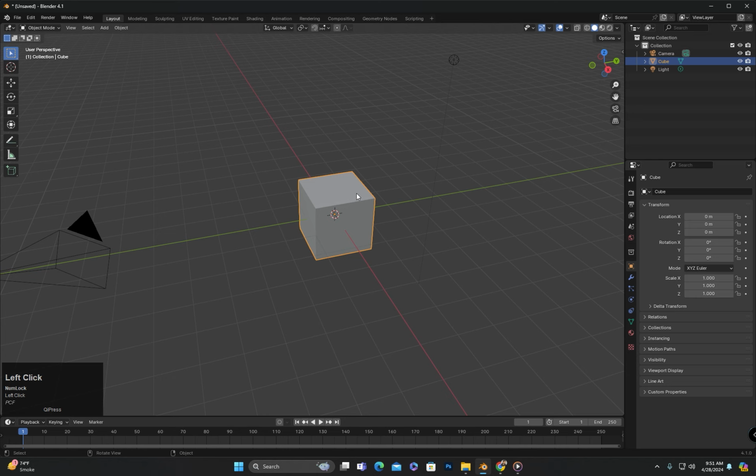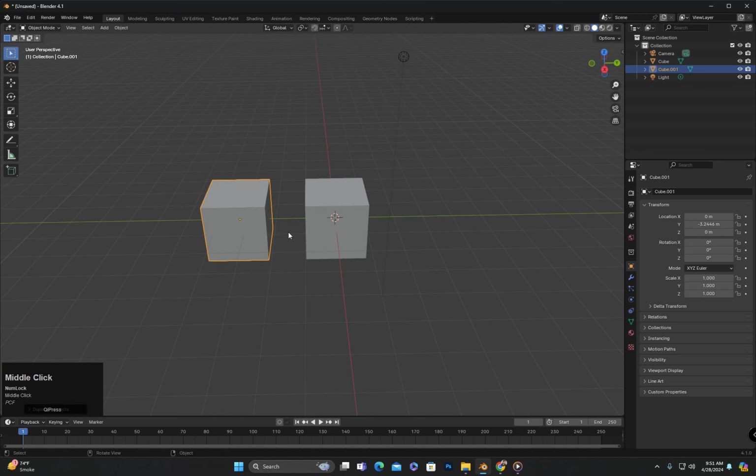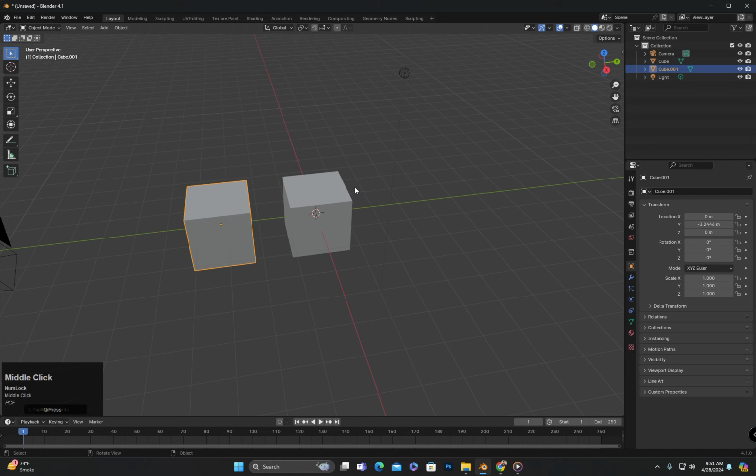As you may know, in Blender, to duplicate any object or create its copy, we usually press Shift plus D. Now if I select the cube and press Shift plus D, the cube will be duplicated. And you can see in the outliner that Cube.001 has been created. When you click on the small arrow next to any object, it will show the data of that object.